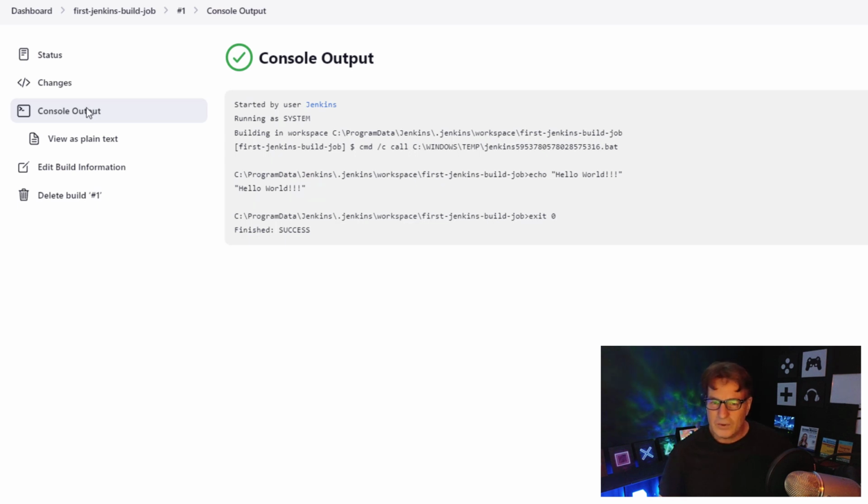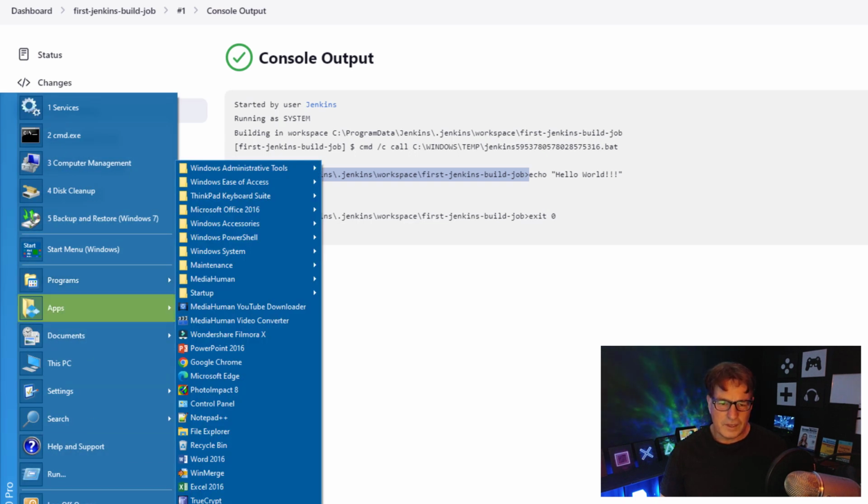Now, one thing I don't like is this great, big, long location where everything that Jenkins is doing is buried under ProgramData Jenkins files. All of the configuration of this local instance is going to get put under that .jenkins folder. That's your Jenkins home folder. To me, that just makes it awkward for doing things like backing up data or maybe even troubleshooting in the future. So one thing I often like doing is